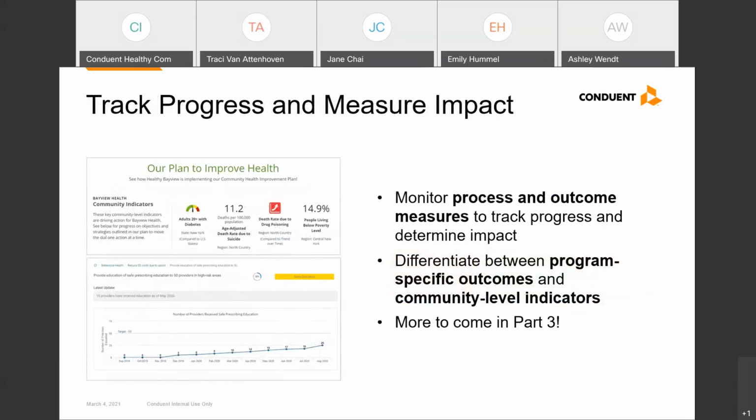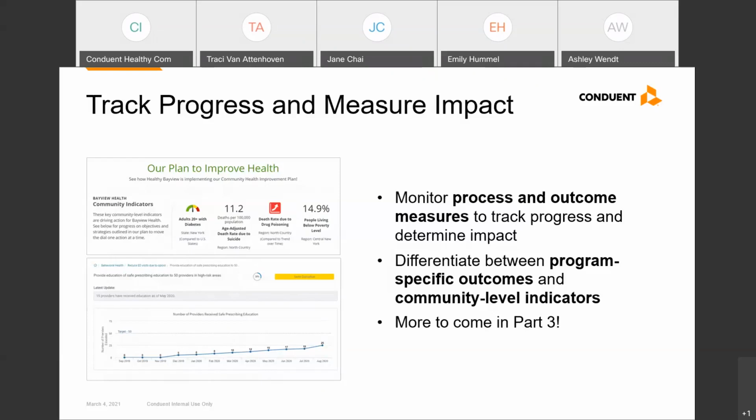Okay, so why is that important? Well, from a requirement standpoint, we know public health departments that are accredited have to submit annual reports that show their progress and demonstrate plan adjustments as they move forward. And for our hospitals, there's a number of different areas where they have to report progress. They have to report it in their current CHNA cycle, reporting on what they did since the last cycle. This area is in the Schedule H, Form 990, where they need to report on the narrative on what they did. And then there's states like California where they have to report once a year on their community benefit, or community health improvement activities.